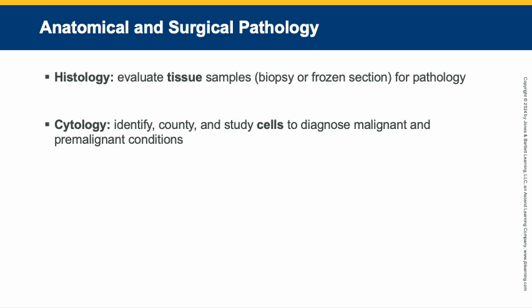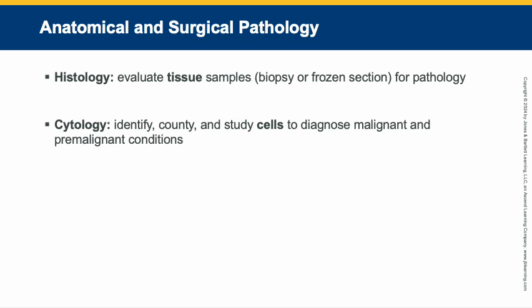Now let's move to the anatomical side. Anatomical, remember, was the other side, not the clinical side of the lab. On the anatomical side, you have histology. Histology is defined as the study of microscopic structure of tissues. In this department, pathologists evaluate samples of tissue from surgeries and autopsies under a microscope to determine if they're normal